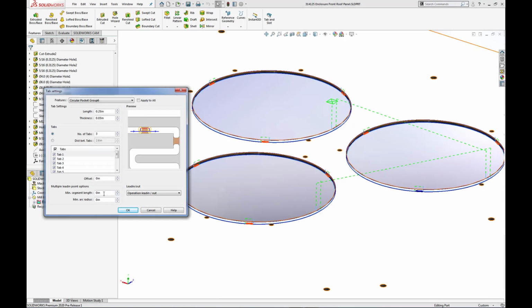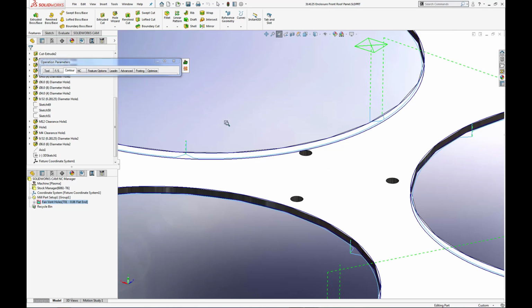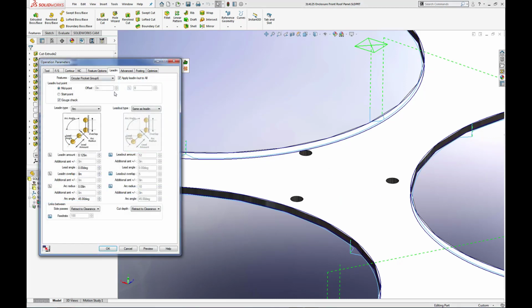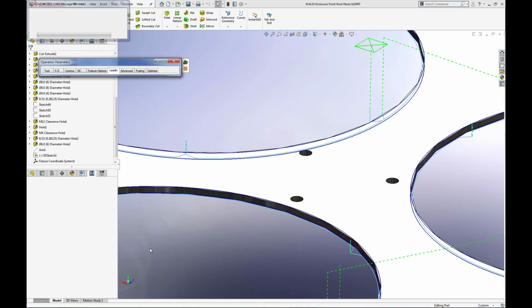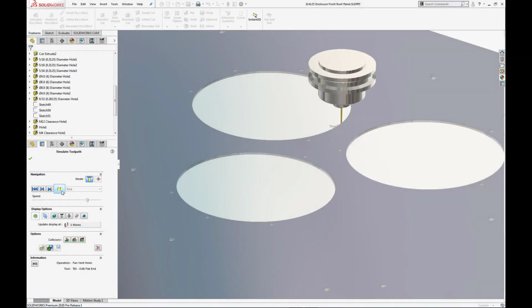To prevent any witness marks caused by the cutting tool plunging directly into the material and next to the final profile, the multiple lead-in point options will give me additional real estate for each tab location. With default settings applied, you're going to notice that each lead-in, lead-out location is at a 45-degree angle. To easily change and update this, access the main lead-in tab of the Operation Parameters page and adjust the arc angle to 90 degrees. With operations now updated,